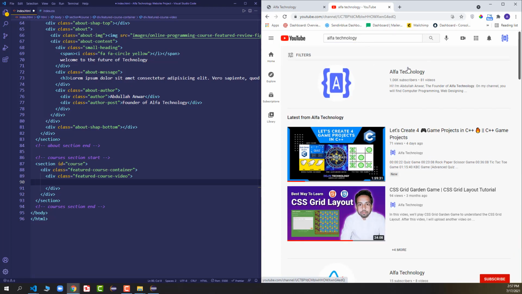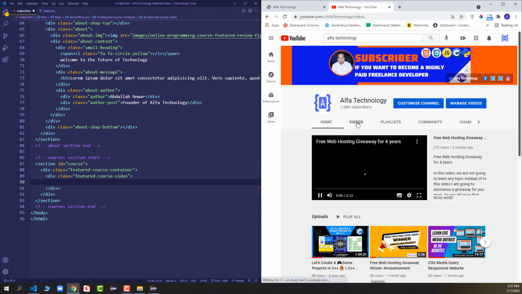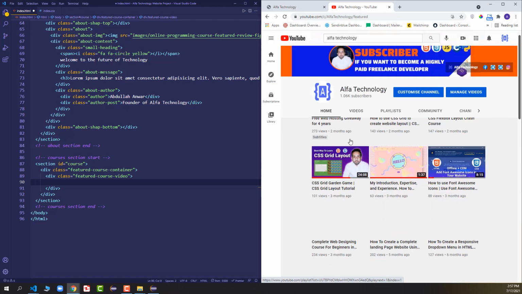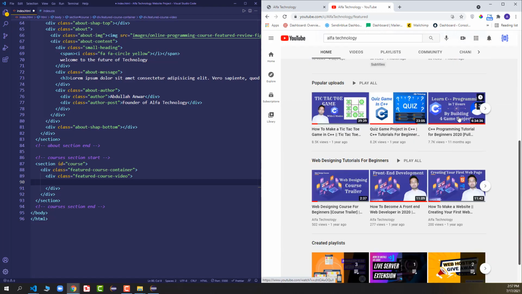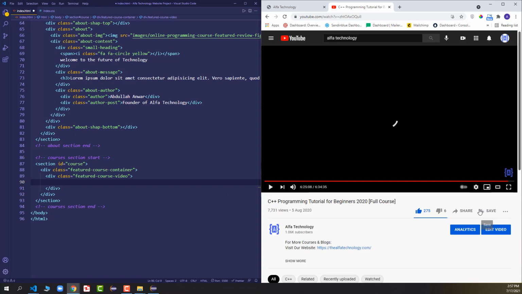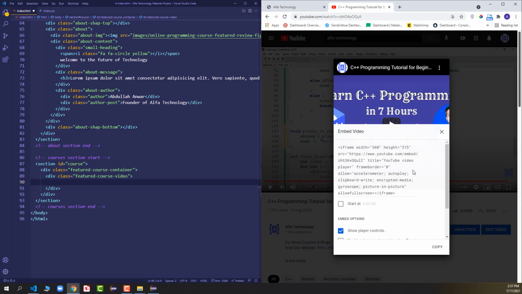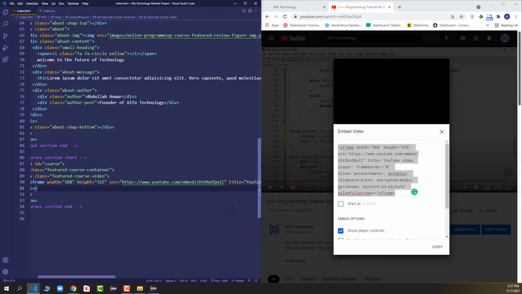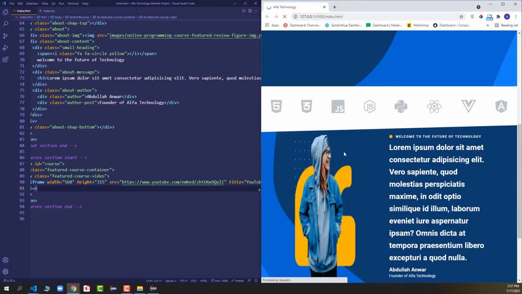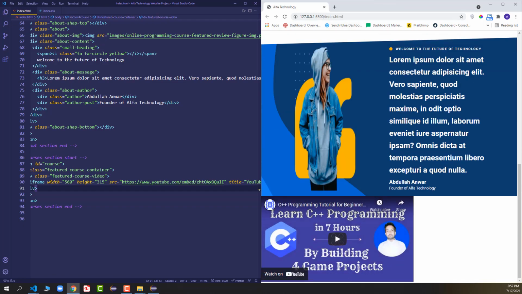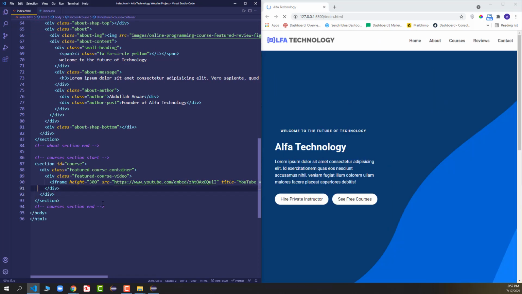We'll click on Alpha Technology. Let's go to the videos, and if you scroll down you can see there is a video almost 6.5 hours. We just click on share, we'll click on embed button, and then we'll copy the embed code. Okay. Now let's come on the left hand side, we'll just paste the iframe code that we got from the YouTube. Okay, now you can see we got the video embedded in our HTML web page, but we want to change the width and height, so we will just remove the width and we'll just keep the height as 300, and everything will be fine after that.